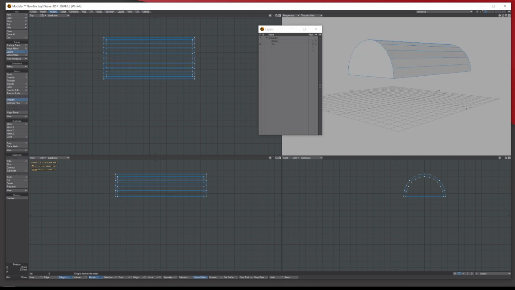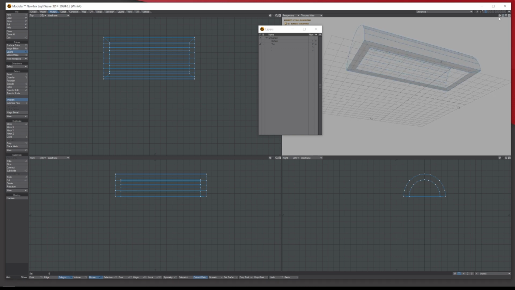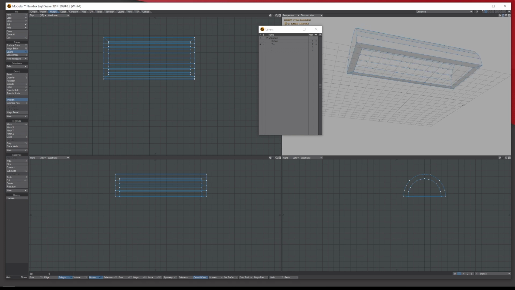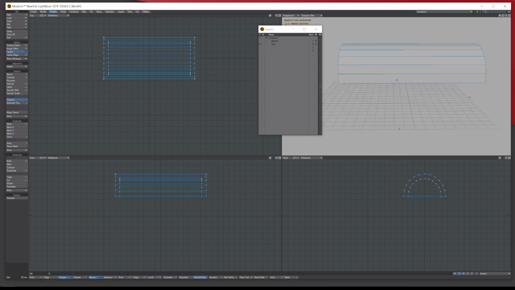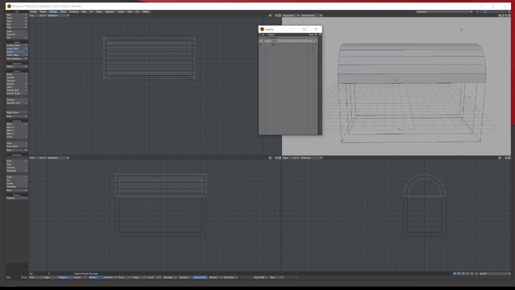And then what we'll do is we'll bring it in, and it's up to you how thick you want this top to be. So let's just say that, okay? Okay, so we've got the top. We can put the bottom below it and stuff.